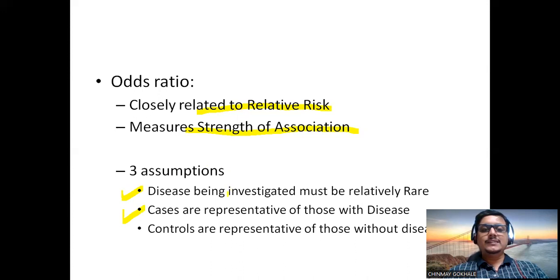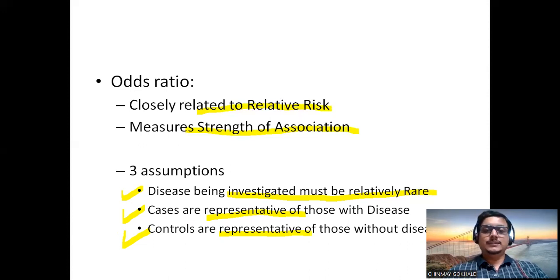Firstly, the disease investigated must be relatively rare. The cases which you have taken must be representative of those with disease. Now, by representation, it is again the same thing. Lung cancer, in general, what are the ages, genders, occupational groups, economic status in which it happens? So the cases enrolled in your study should ideally have closer ages, similar genders, similar occupational status, and other similar characteristics. And similarly, the controls which you have taken should also be representative of those amongst general population who do